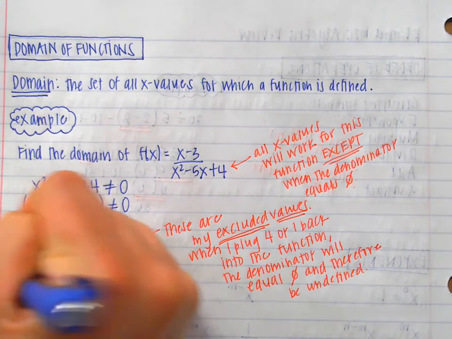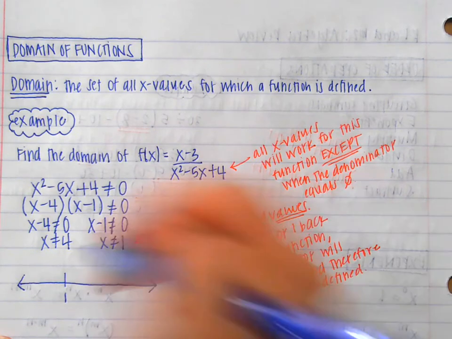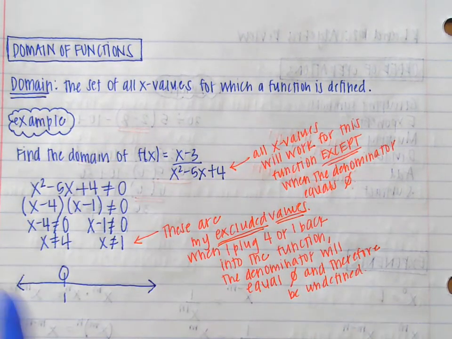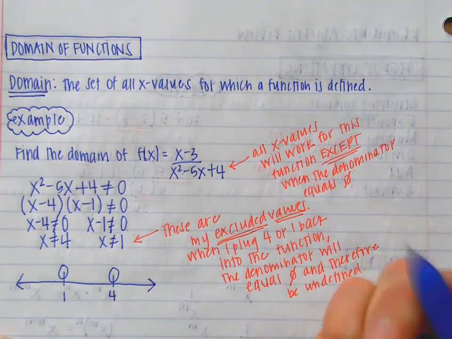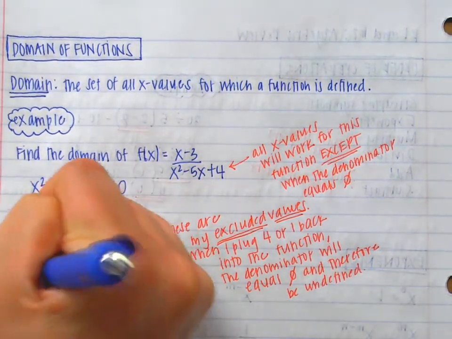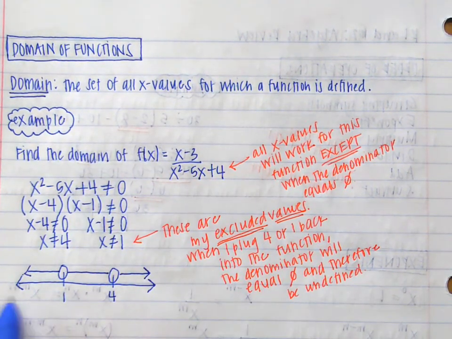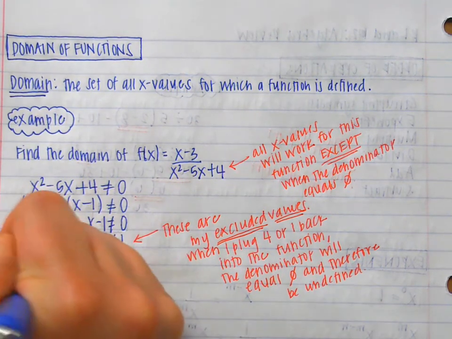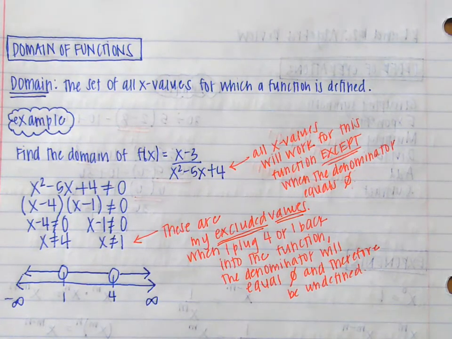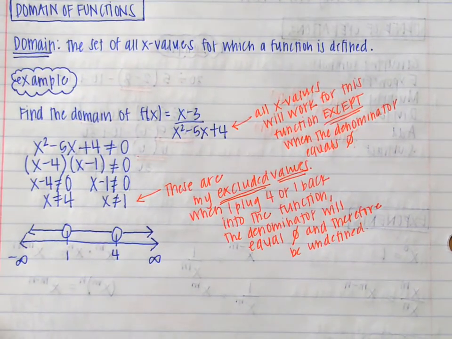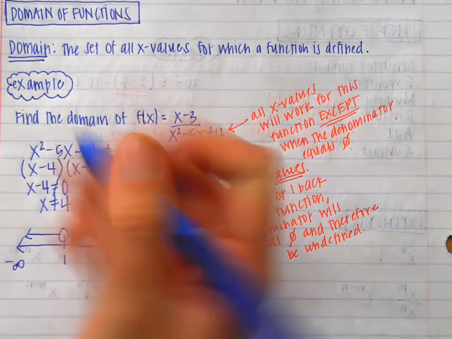So that means if I draw this on a number line, at 1, it can't be there, which is why we put that open circle. And then at 4, it doesn't work there, but it works for every single other value in between. Now this is going on and on and on to negative infinity. This is going on and on and on to positive infinity. So let's write this in interval notation. Interval notation is kind of how you would see it on a number line. So we'd write that, negative infinity